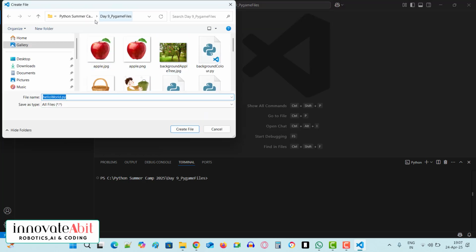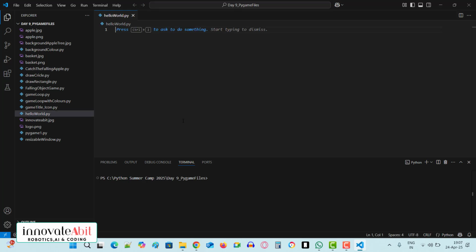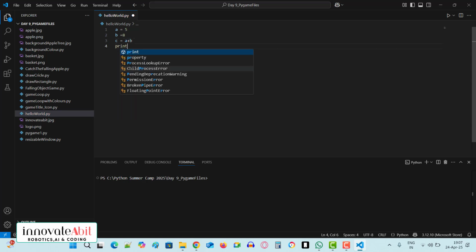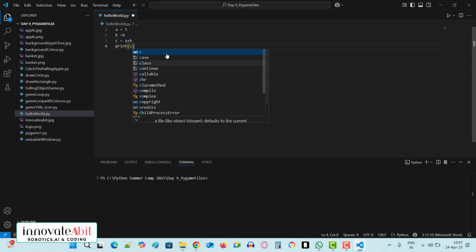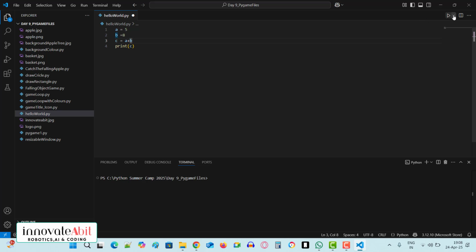Then you have to select the folder where you want to save this file. So create file, and your first file will be created. Here you can write any program like a is equal to 5, b is equal to 8, c is equal to a plus b, and then print c. Here there is a run button on this side